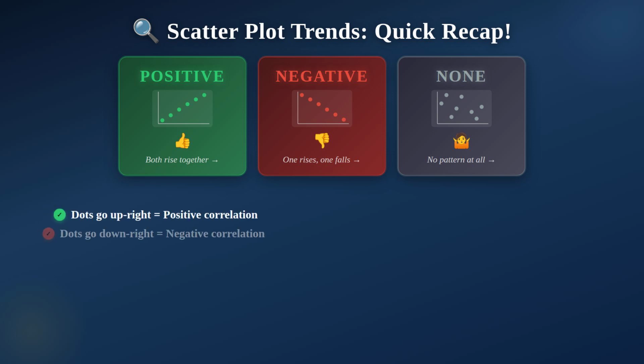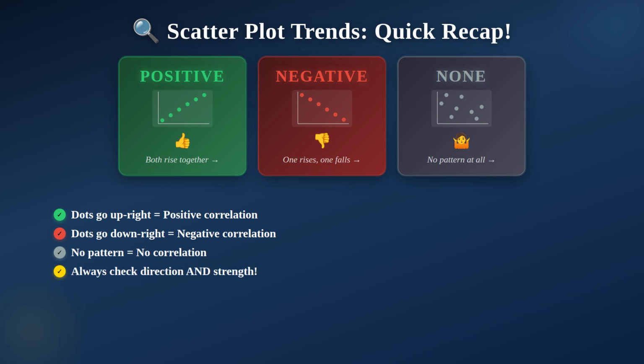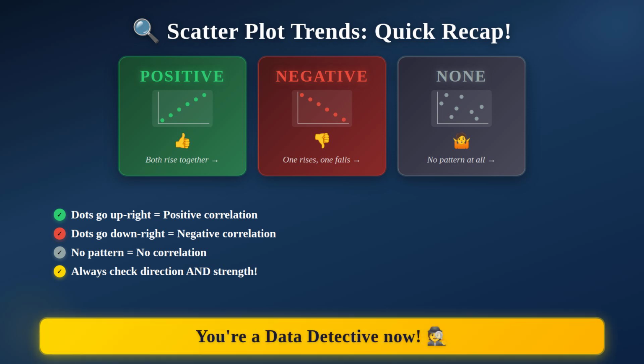Let's wrap it all up. Remember when Maya was staring at a page full of confusing dots? Now she and you can look at any scatter plot and identify the trend. Positive correlation means both variables rise together. Dots climb up to the right. Negative correlation means one rises as the other falls. Dots slide down to the right. No correlation means no pattern at all. Always look for direction and strength. You've gone from confused to confident, just like Maya. Keep practicing and you've totally